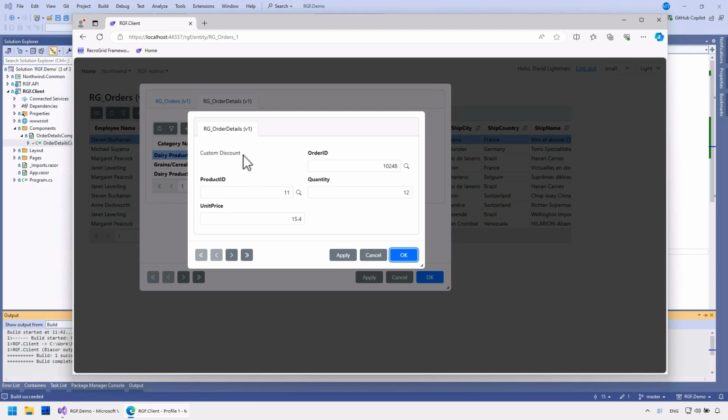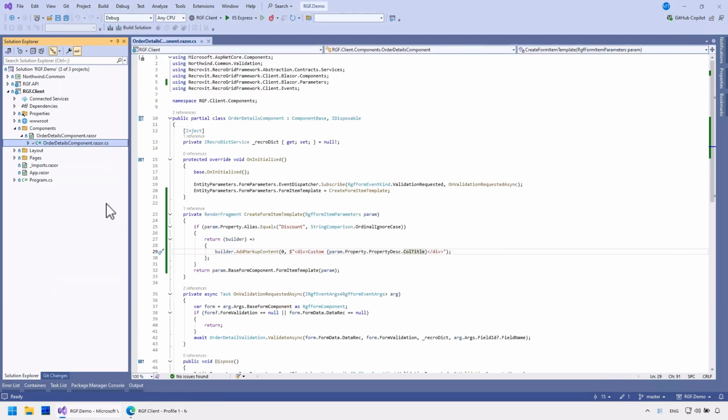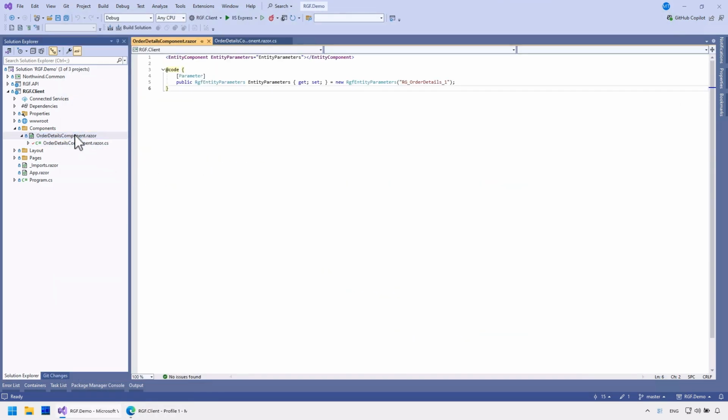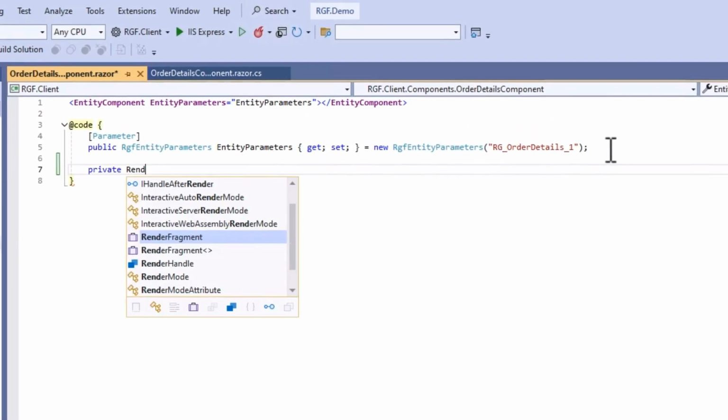Now, I want to place a range control here. Specifically using this bootstrap range input. I could add a separate component for this, but now I will just define it here with a simple method.